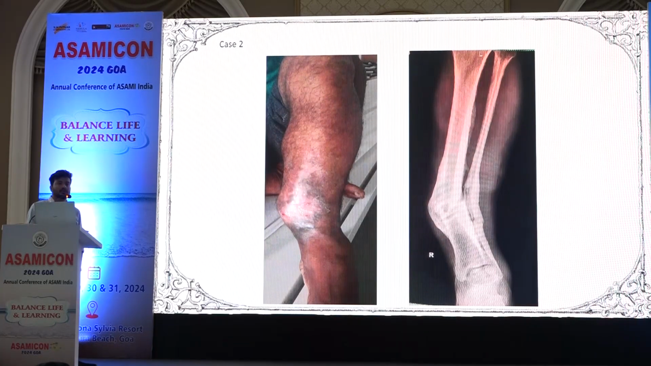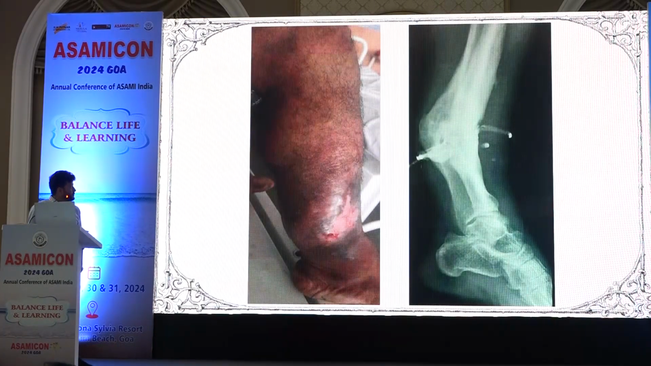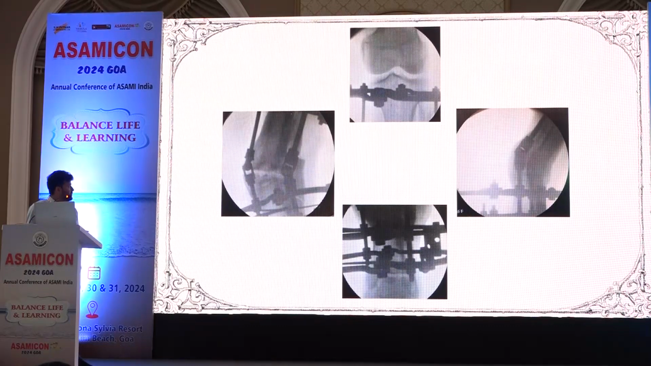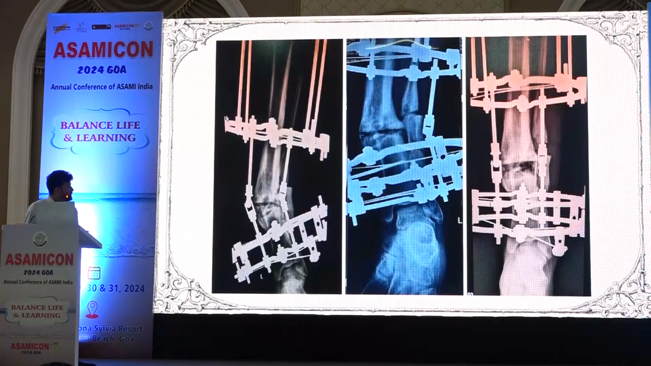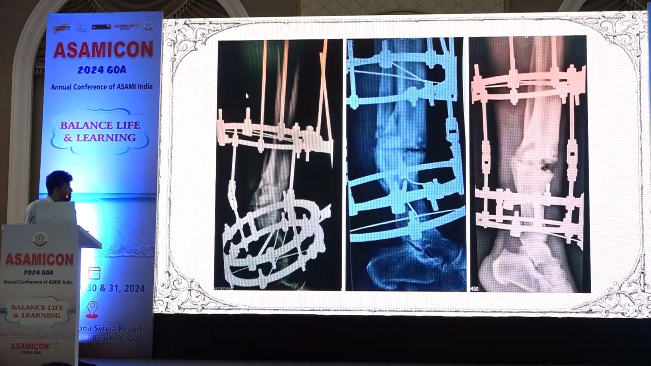He took treatment from a quack, where a slab was applied. Then he presented with the deformity and limping, and the sinus present over there, as you can see, and also there was recurvatum. So we planned for the Ilizarov, in which gradually the deformity was corrected. And the final outcome,